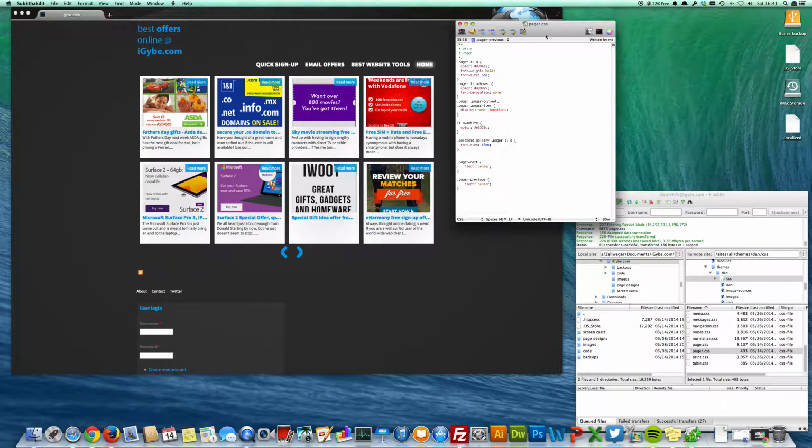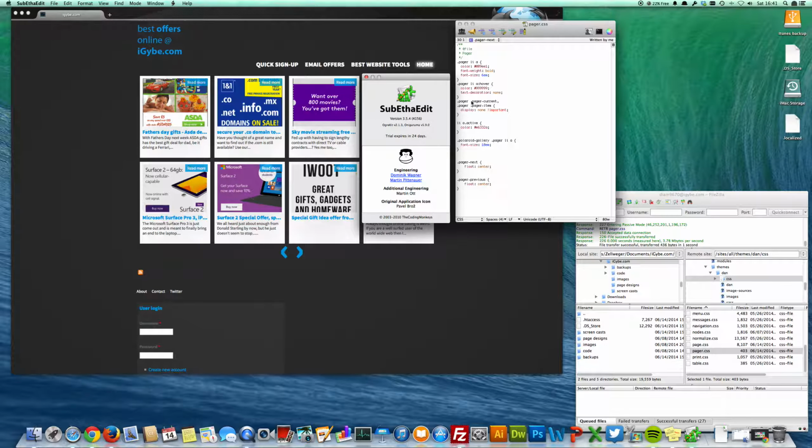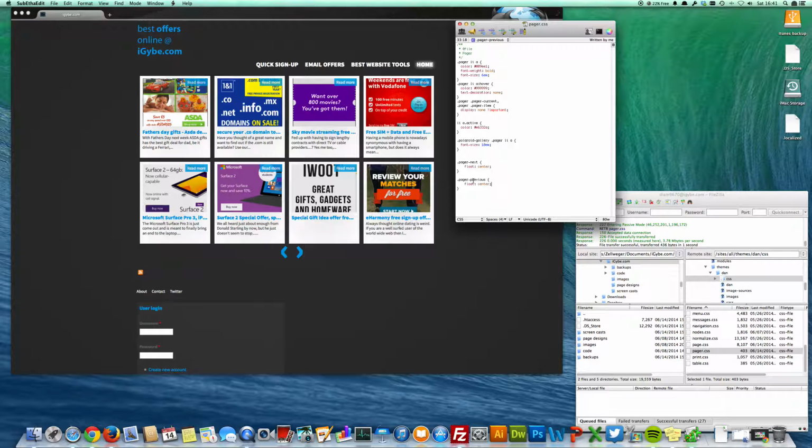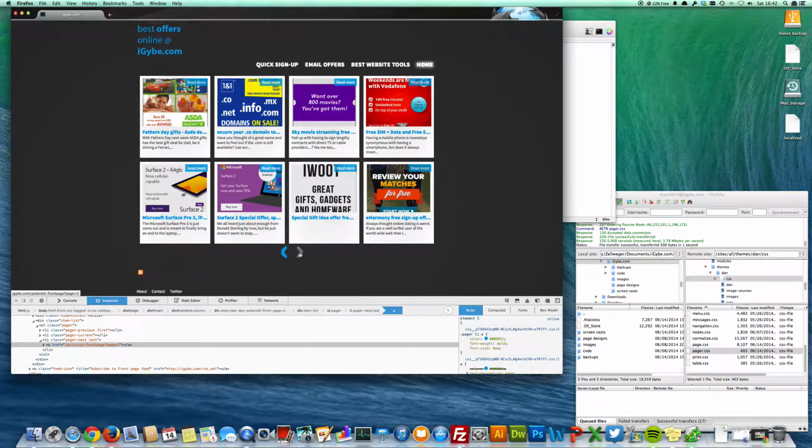Previously changed this. For the text editor, we're using SubEtherEdit, as we've blogged about. It's a free trial, I think, for the first 30 days, and is very, very good. It's much better than a plain text editor because, as you can see, it highlights if you make a mistake, with different colors showing that the text works. So go ahead and go back to your Firefox and inspect the element to find out that we're actually